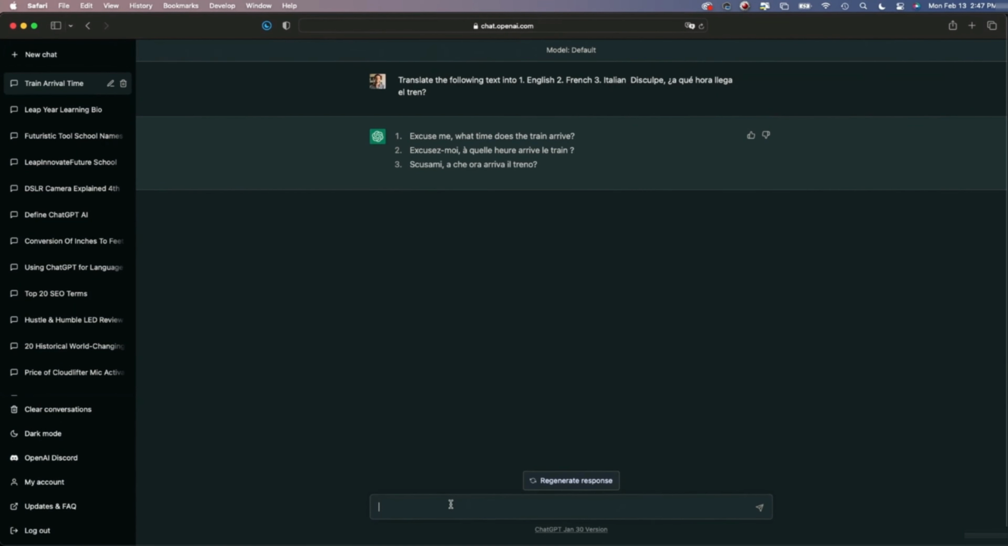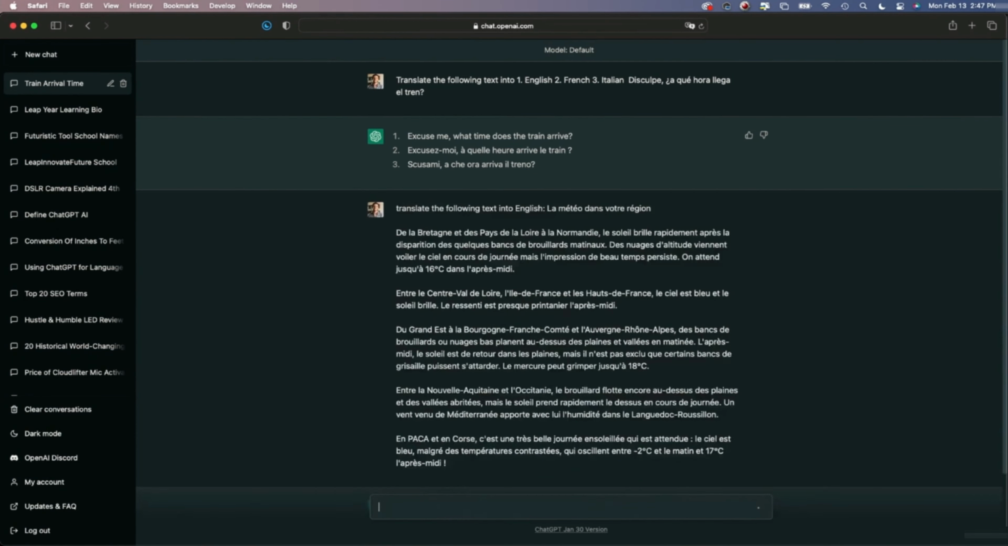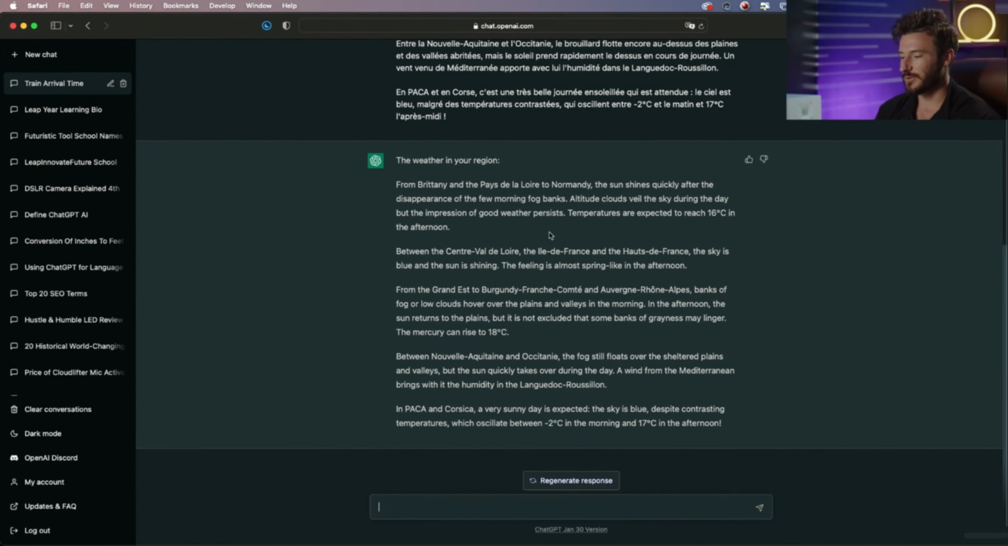Now what I want to do is take a French article and translate it in ChatGPT, and then also see what we can do after we do the translation. So translate the following text into English. Perfect. So we have our translation, and I chose just a small excerpt from an article for time's sake, but